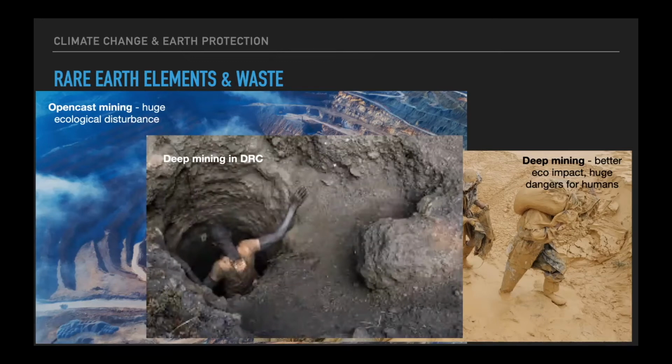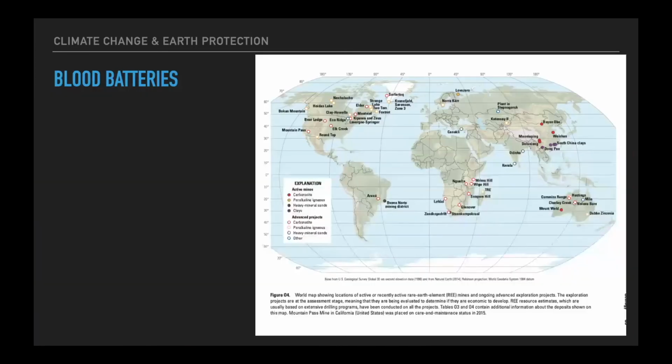We get into a lot of criminal behavior in terms of how we actually use people to get these resources. So it's a very, very serious and dramatic problem. And what's scary, truly scary, is how broadly this is happening all over the world. So this map is showing all of the sites where we are actively and either continuously mining or expanding our mining behaviors. And it happens really all over the world.